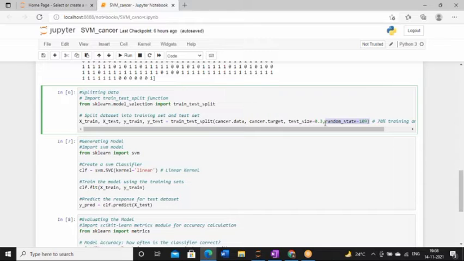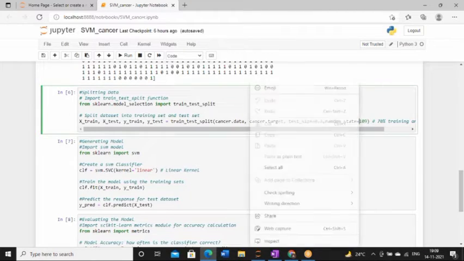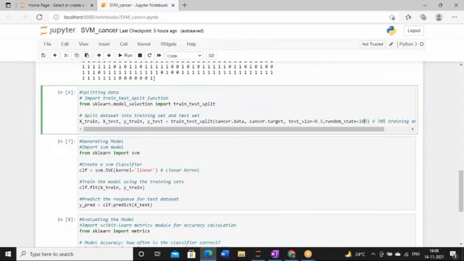But my question here is, why is it 109? Whenever I share this code with you all, try changing this number to any arbitrary number and check whether you find any discrepancy or not.